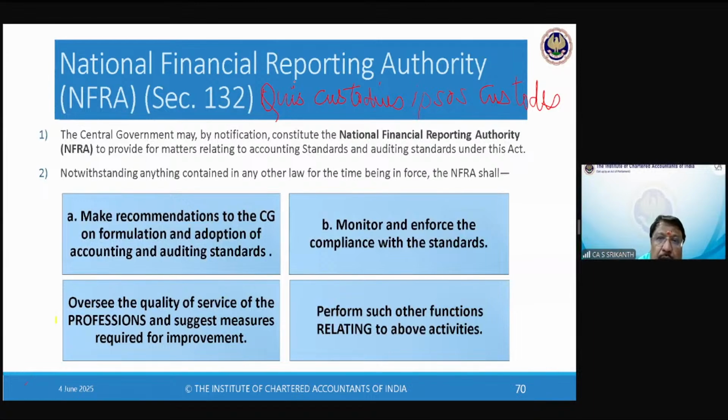But who will monitor whether I'm doing it? Whether I'm doing my job right? So this is a moot question. Quis custodiet ipsos custodes. See, the problem with it is, if you want to monitor policemen, you should yourself have the knowledge of policing. So you want to monitor my work as a member of the Institute of Chartered Accountants of India, you should be a member of the Institute of Chartered Accountants of India. I mean, this goes without saying.